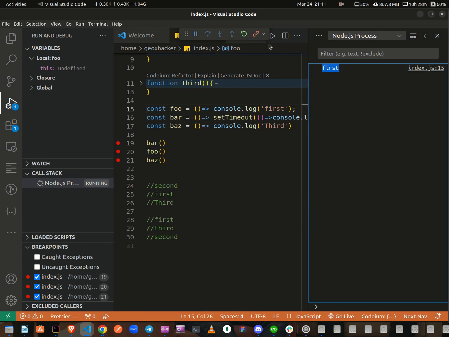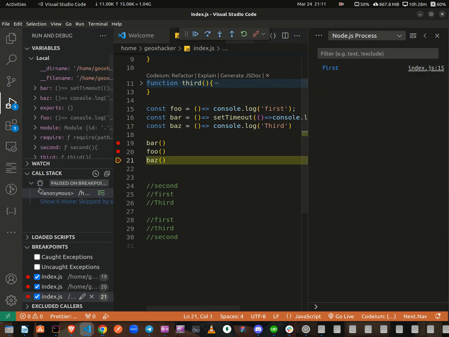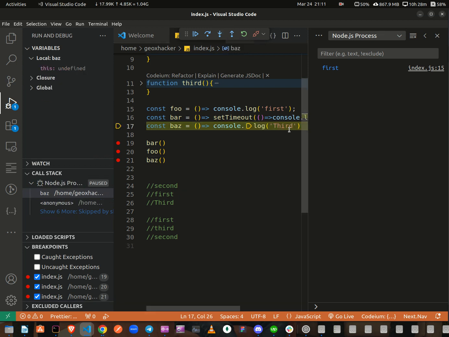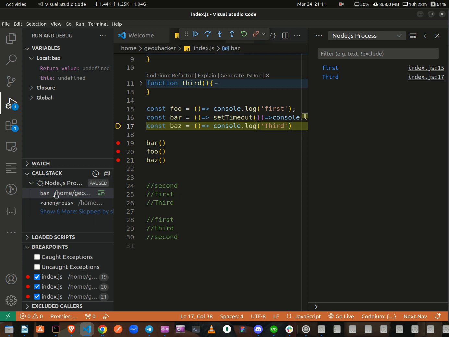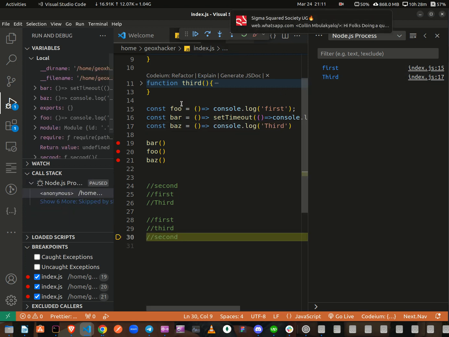and then after it prints first, it gets popped off the stack, and then we go on to the next function, which is buzz. So buzz has to print third onto the console. So when we go ahead, it prints third onto the console, and then after that it is popped off the stack. It has printed third, it has completed its full execution, so it gets popped off the stack, and only